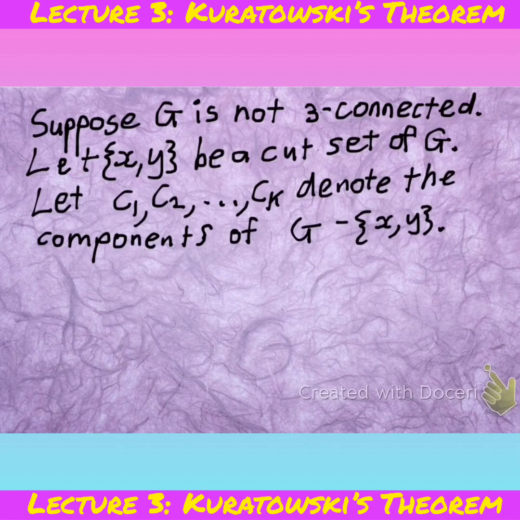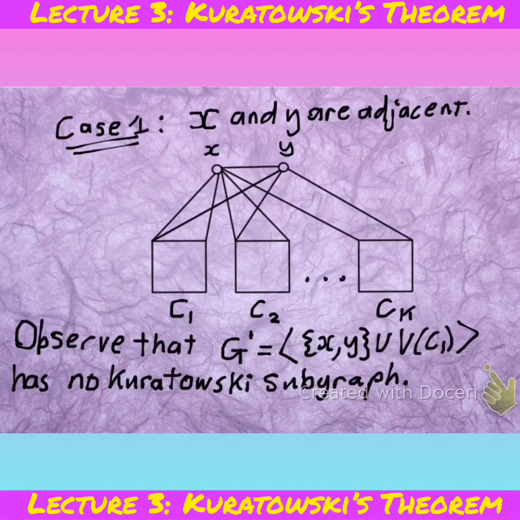Right, so just a note, we'll label the components C1 up until CK that I get when I remove the vertices X and Y and all the edges incident with X and Y. We get the new graph. So, considering the first case then, now just observe that G prime, which is the